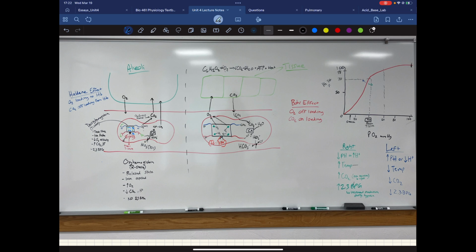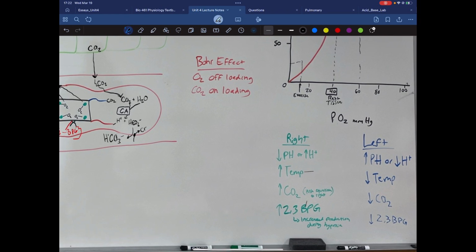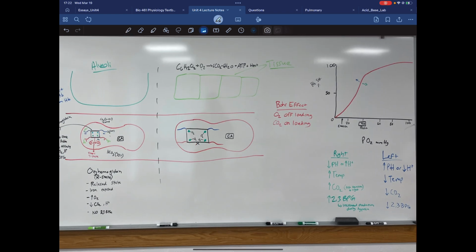But if we're exercising, again, I drew it a little off, but I think it's supposed to be a little higher. If you're exercising, you're going through a lot more oxygen, burning it and producing a lot more CO2. So your saturation difference is going to be a lot different when it goes from the lungs to the tissues. But an important thing is this graph shifts. If it shifts to the right,